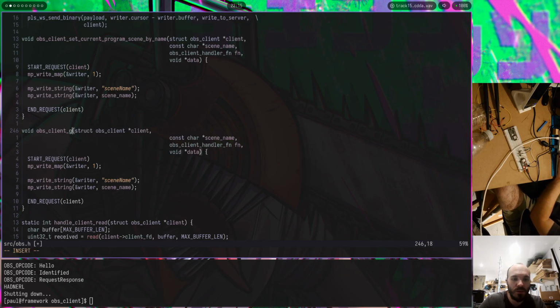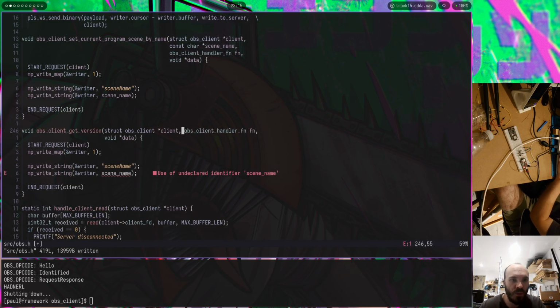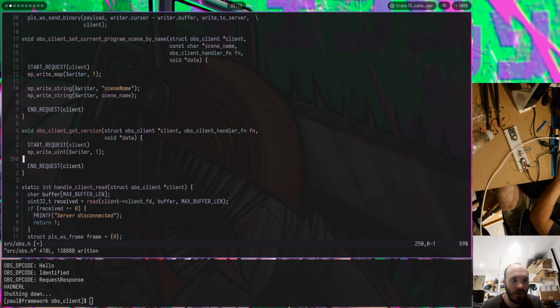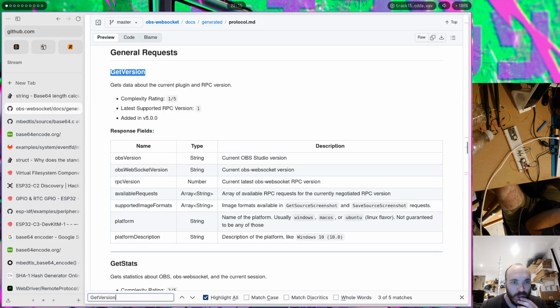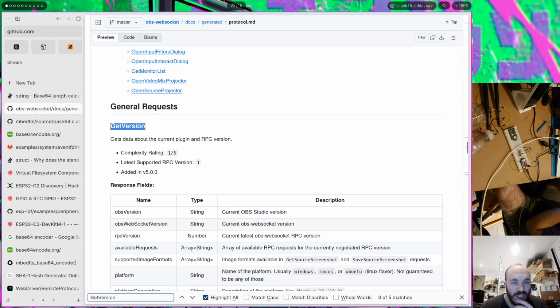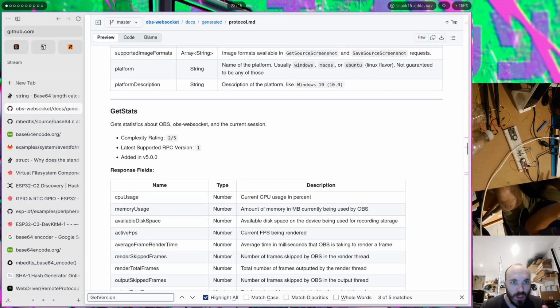The thing is, the problem with start request is that if you don't need any data, you might have a problem. So let's just try. Get version. Okay, now I kind of want to write uint 1. Sure, why not? The problem that I have is that when you do get version, the request data is optional and it shouldn't be set,